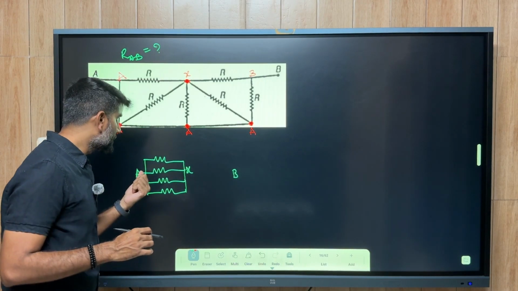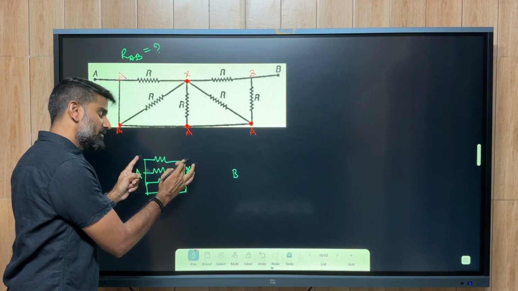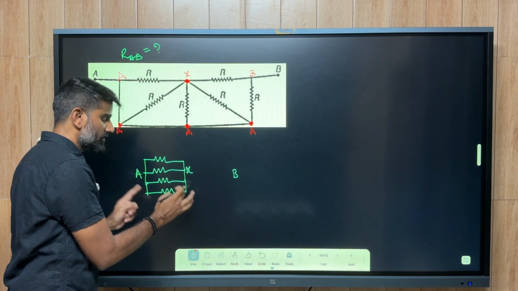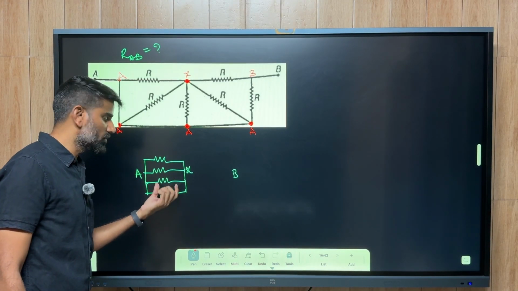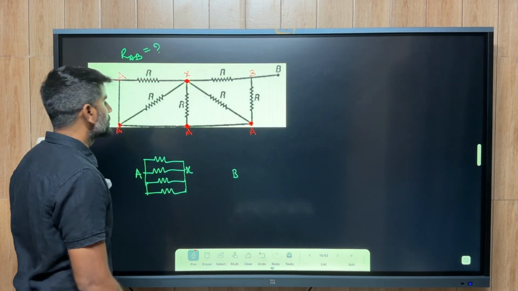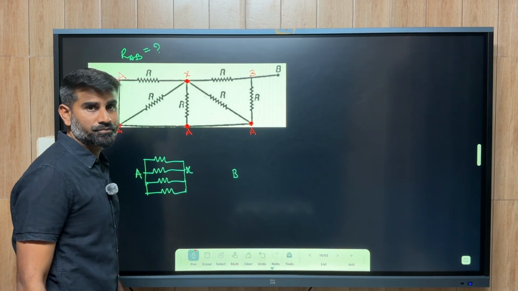That means the potential difference across each of these is A minus X, A minus X, A minus X, A minus X, right? So the potential difference is the same for all four resistors, so they have been connected in parallel. Now, as we have 1, 2, 3, 4, 5, 6 resistors,